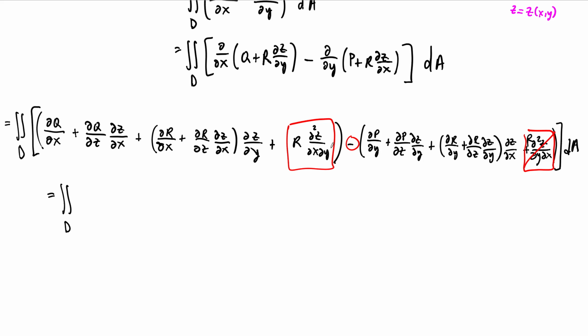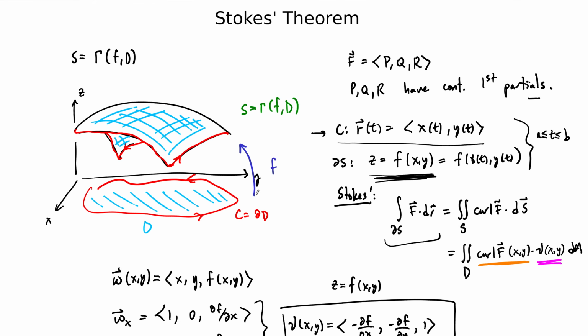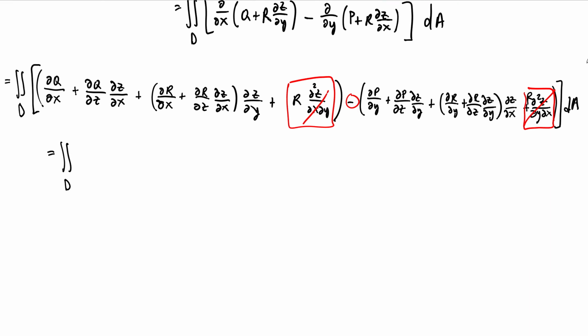So those are gone. By the way, it's not necessarily in both places, but our function f must obey in this scenario. I'm not sure I said it before, but now it's going to be quite evident, right, that the second partial derivatives of f must obey Clairaut's theorem, okay? So f of x, y, z must have continuous second partial derivatives. All right, and so there's an assumption on the surface. The surface has to obey that. So as long as that's true, then these are equal by Clairaut's theorem,